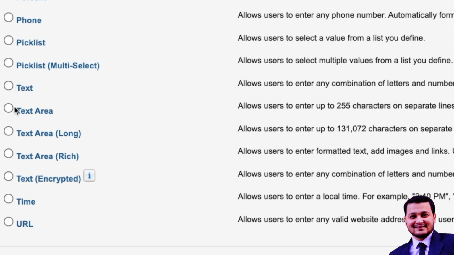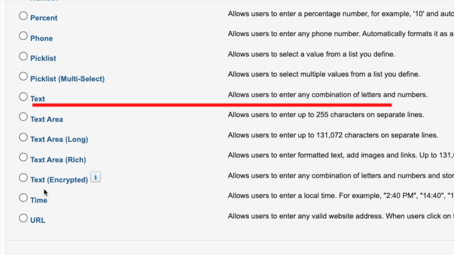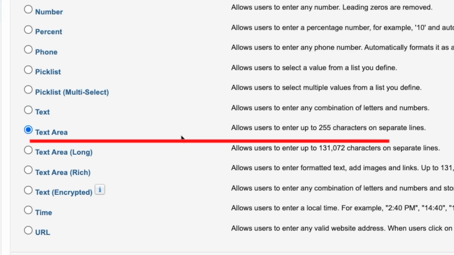Then we have a couple of text fields available. All of these text fields have a different functionality. The basic text field lets you enter any combination of letters and numbers. This would be up to 255 characters, whilst the text area lets you enter up to 255 characters on a